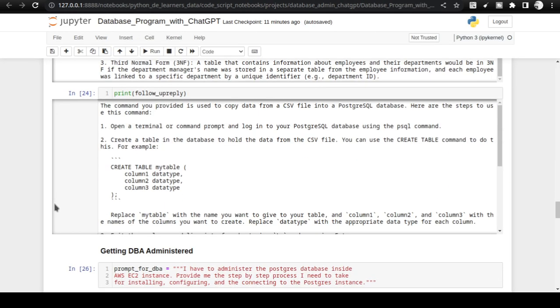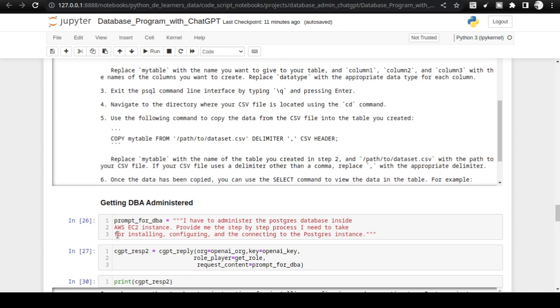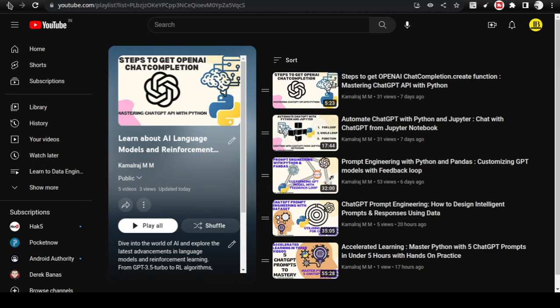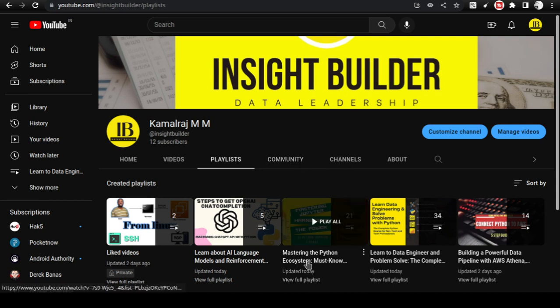Okay, so you are understanding the purpose, how it is working. You send the request to the ChatGPT API, and it replies, you read it, you execute it and check it in your database, and you start working. But where is the database? I am asking you to work on the database, but what if you don't have a database in your hand? Okay, there are two ways to mitigate this. One way is to get a hand on the database. You can actually do it in a couple of ways. You can either use an EC2 server, or you can check one of the